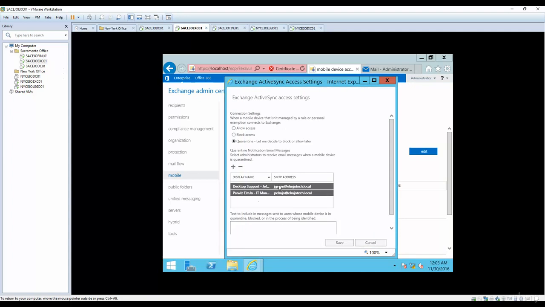So I'm saying that send a notification to Jeff and Parviz. Text to include message to be sent to users whose mobile device is in quarantine. So what you can do is you can just type, "Hi user, your mobile is blocked